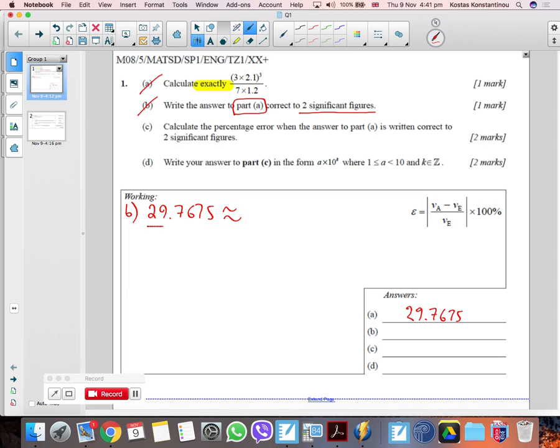Since it says two significant figures, these are my two figures. I see a 7 here, and since the 7 is greater than 5, it's going to affect the number before it, the 9. So I'm going to go to a higher number, which is 30. That's a higher number, two significant figures, 30,